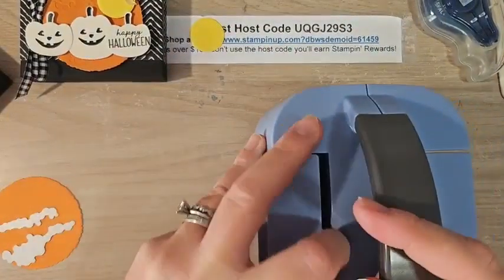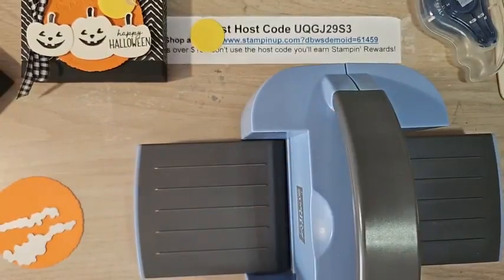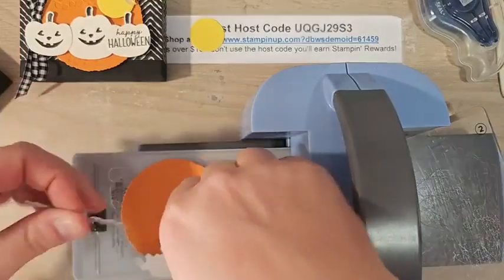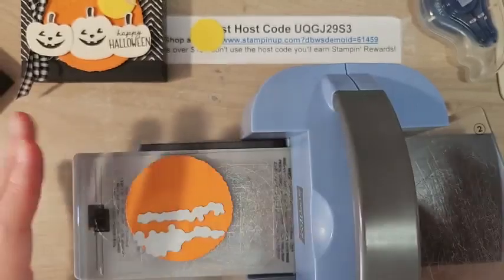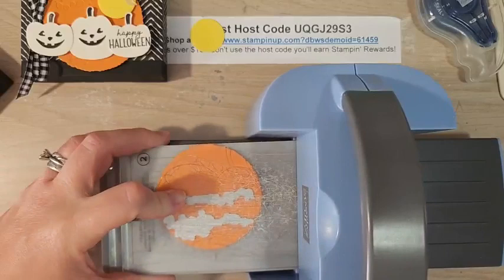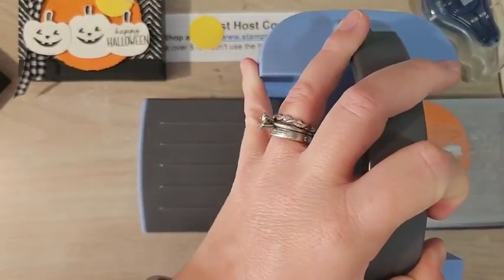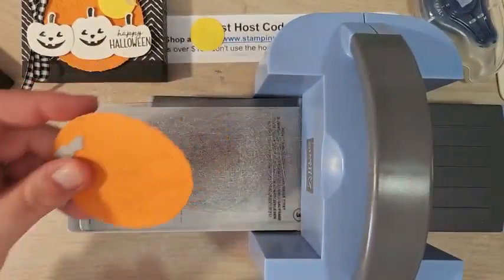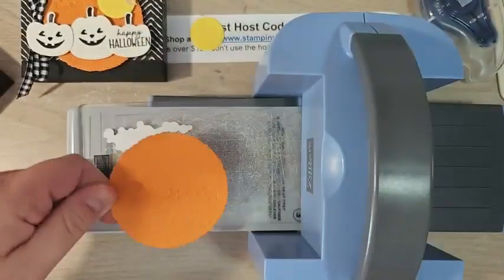We're going to pull out our little mini cut and emboss machine. If you love this blue one, you can actually purchase the blue one in my online store. We also have the white one and the big one. I'm just going to lay these on here, and these are going to add some really fun, kind of spooky textures onto our circle. It's not going to actually die cut anything. It's just going to add lots of fun textures. So we're going to do that, and then we're going to do it one more time. I hope the video is picking that up. Isn't that cool? Just lots of fun